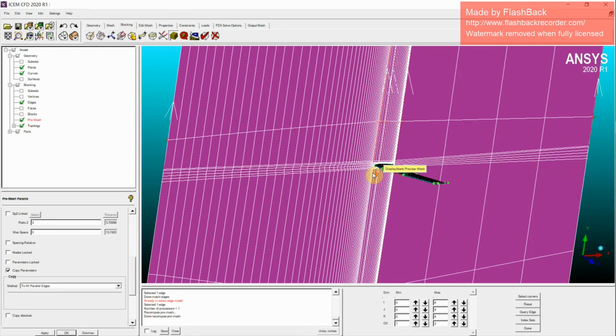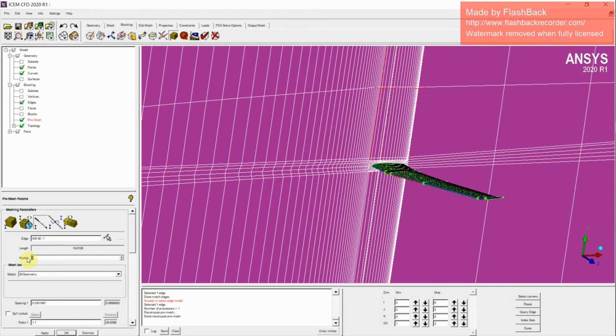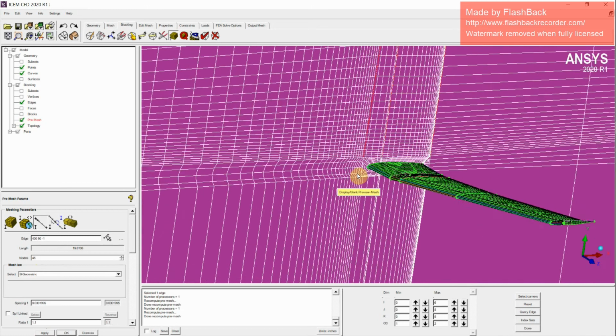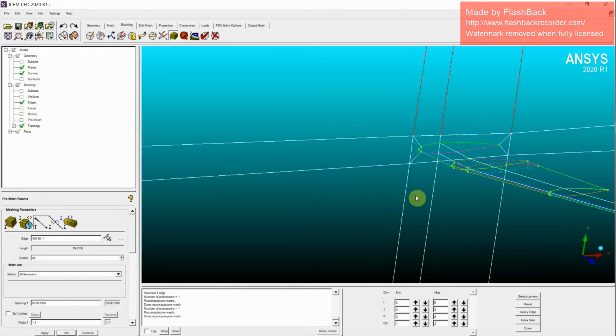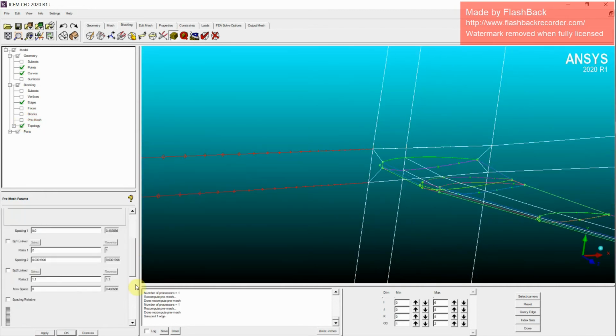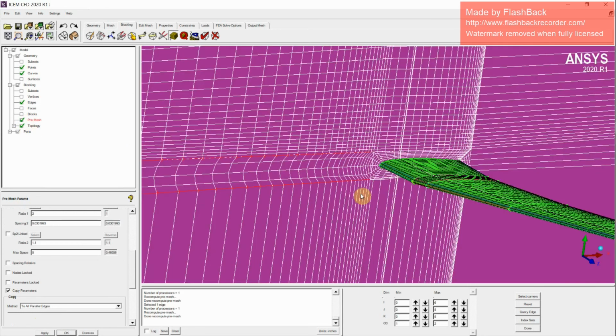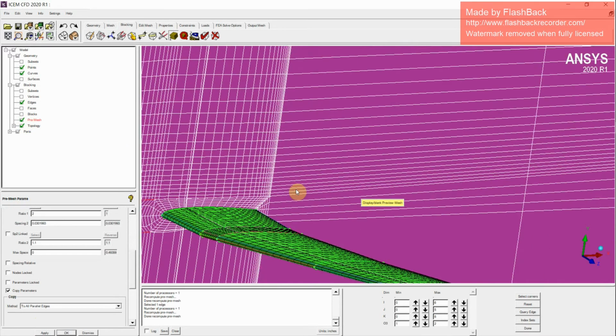Yes, that also looks good, and we'll increase the number of elements to 45 again. That looks good. Just make sure that you have copied the parameters to all parallel edges, otherwise there will be problems with the mesh elements. Now we can go towards this side.